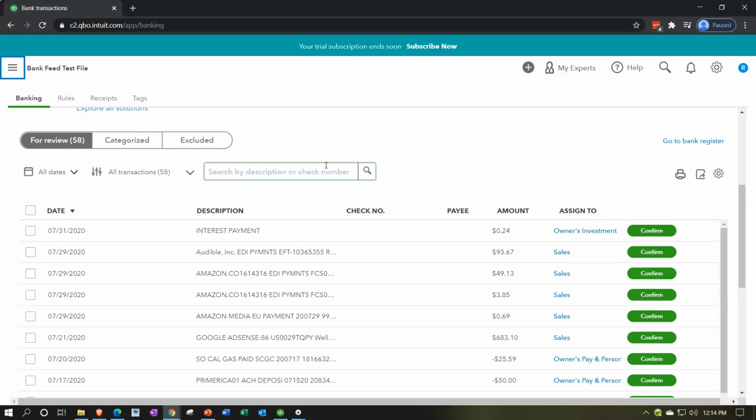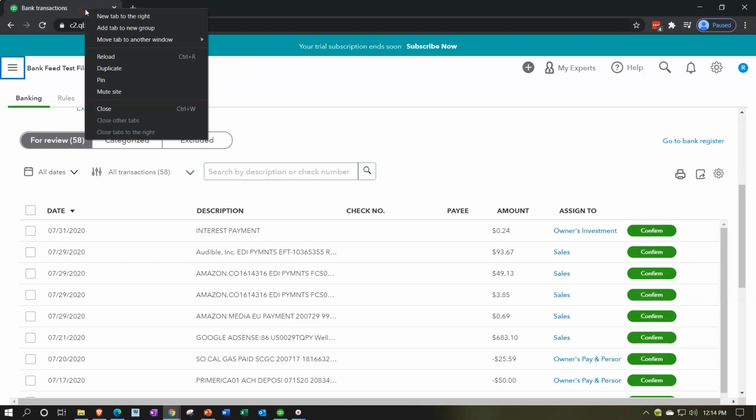These are in what I would call bank feed limbo. They're not quite into the system yet. They're not being used to either verify or to create our financial statements. To double check that, let's open up our financial statements by going to the tab up top. I'm going to right click on the tab up top, duplicate it. Going to do it again, double duplication, go to the tab up top, right click on it and duplicate it again,